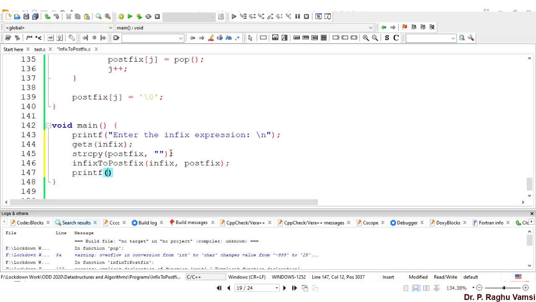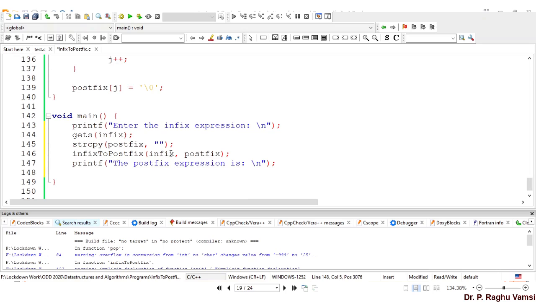Then printf the postfix expression is, then puts of postfix. Thereby it will print the postfix.